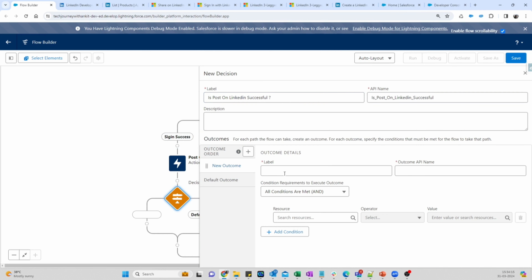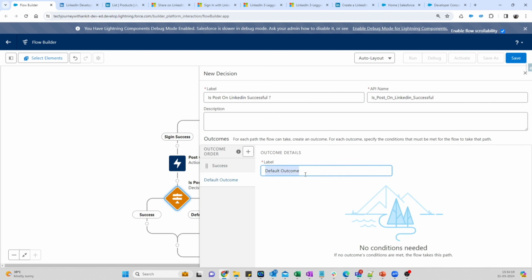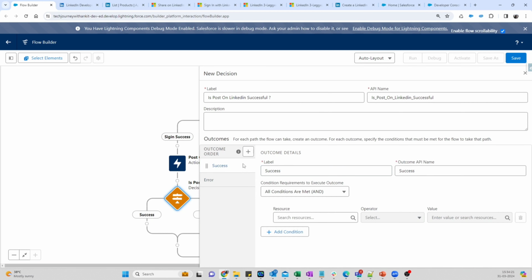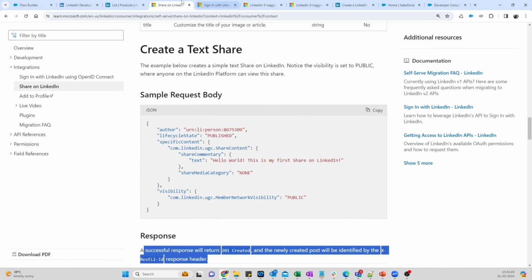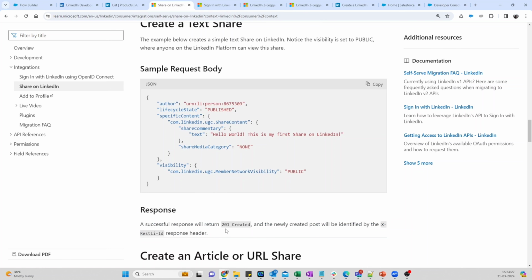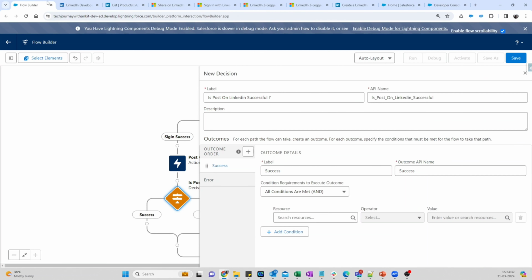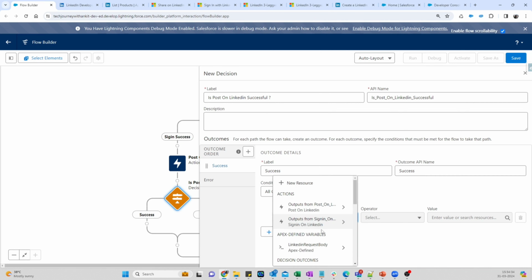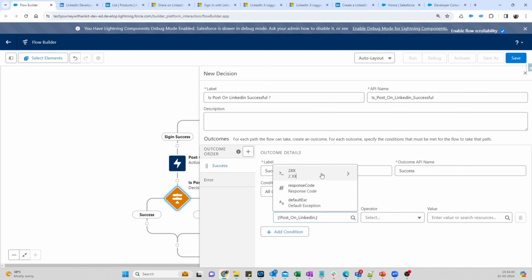And again, there will be two outcomes, right? First is the operation is a success, and another one is the operation is having an error. How to identify the operation is success? As I mentioned here, to identify whether the operation is successful or not, it will be returning the response code as 201. So what I will be checking here is from my LinkedIn post, that is the output from the post on LinkedIn, right? The kind of response code that I am getting here,